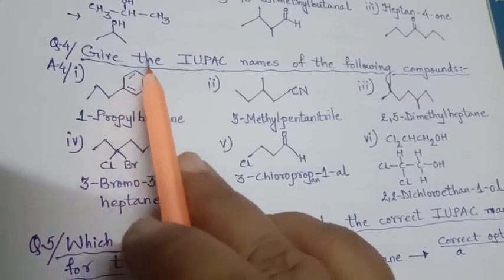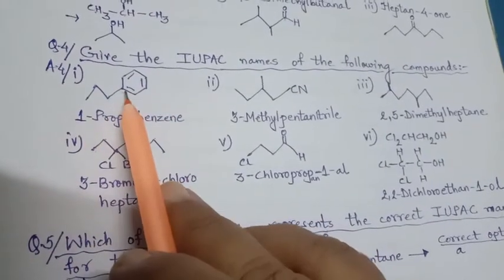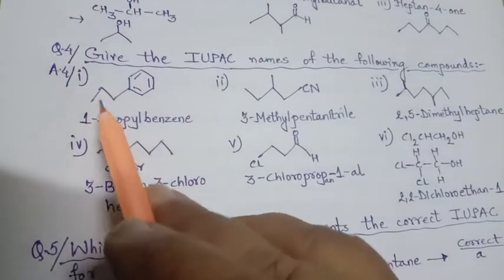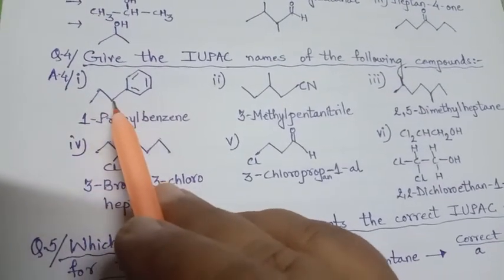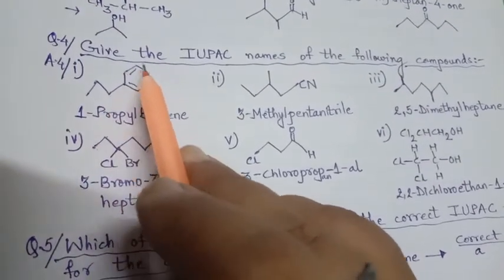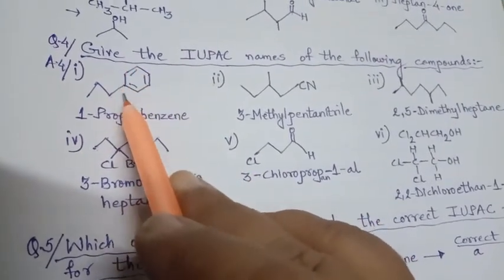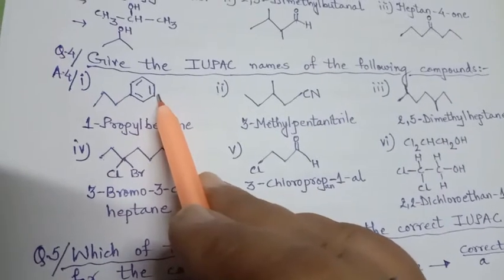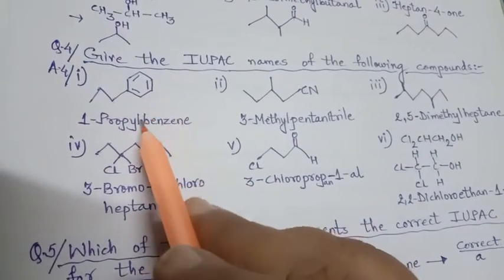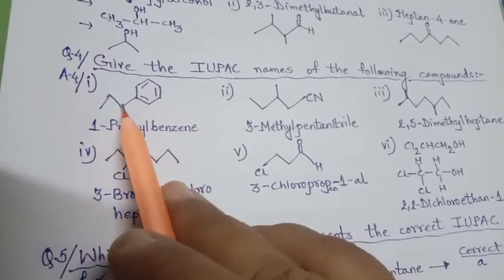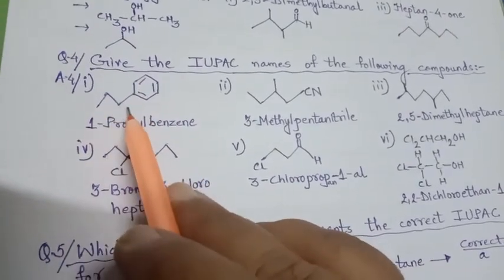Now if we consider aromatic and aliphatic together, what we have to see first is the longest chain. So if we see this, then it is 1, 2, 3 carbon only, and here it is 1, 2, 3, 4, 5, 6 carbon. So definitely this will be considered as the longest chain carbon compound. So what is it? Benzene. So it will be our parent name, that is the root word. And what is attached to it? It is 1, 2 and 3 carbon.